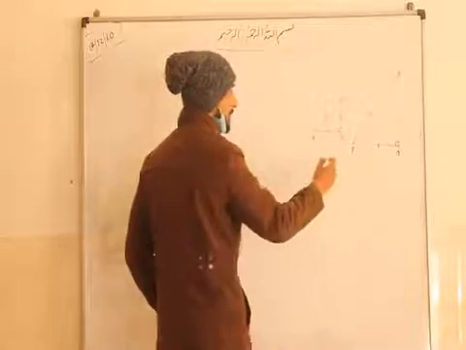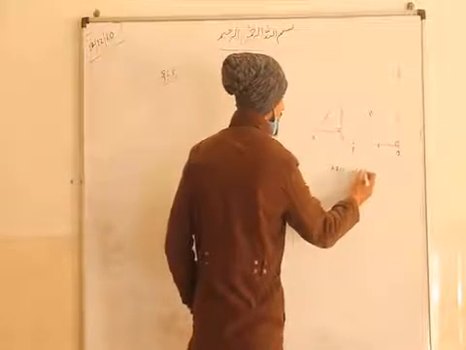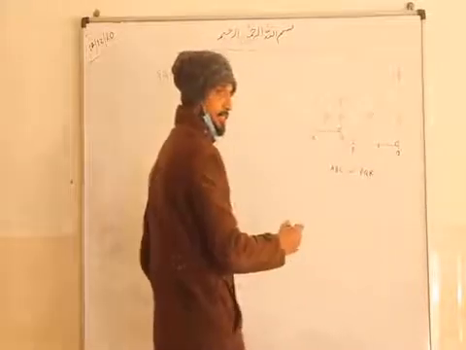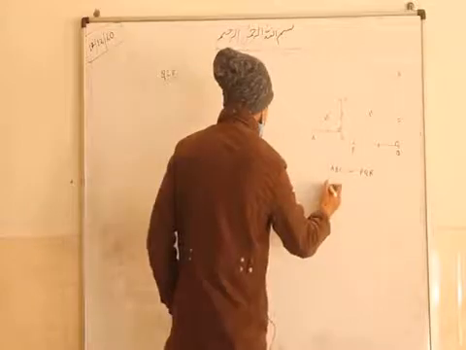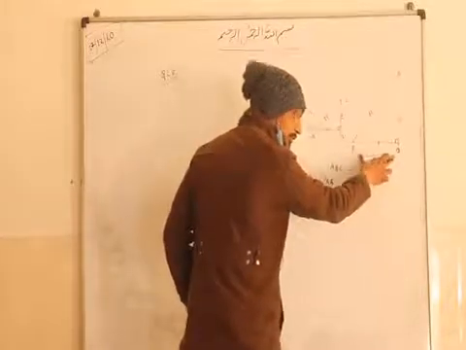So if they are similar, meaning ABC is similar to PQR, this is the symbol of similar, then we can take the ratios of corresponding sides. That is AB upon, we are taking this base, so we have to take the base of the other.